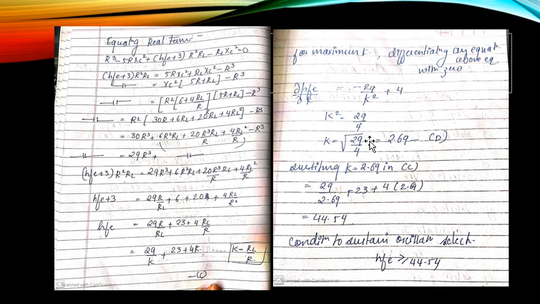That is, whenever we do the designing part of an RC phase shift oscillator, the k should be assumed to be 2.69, hence root. And by substituting this, we are going to have HFE. As we equated previously in the theory part, as well as in the derivation part, the hybrid model will use HI and HFE. So we are going to have HFE greater than 44.54. As k is over here, by substituting the value of k back into the equation used over here, we are going to get the value of 44.54, that is HFE.